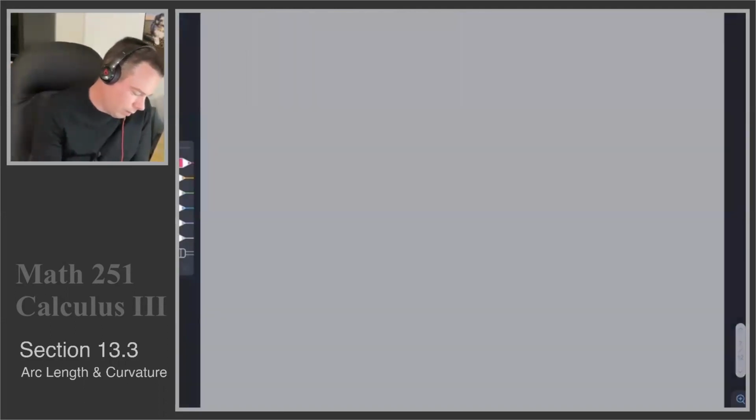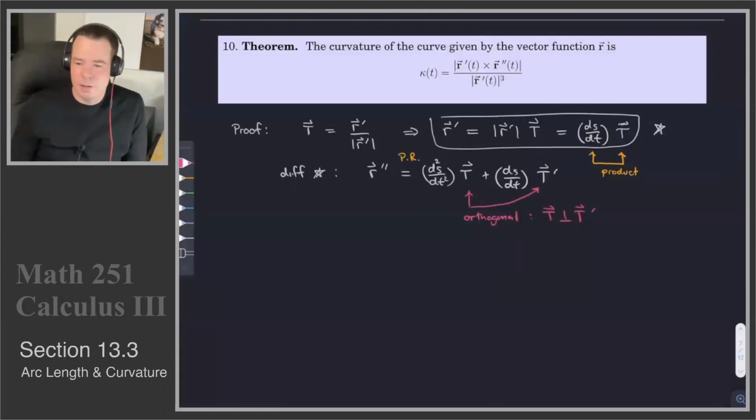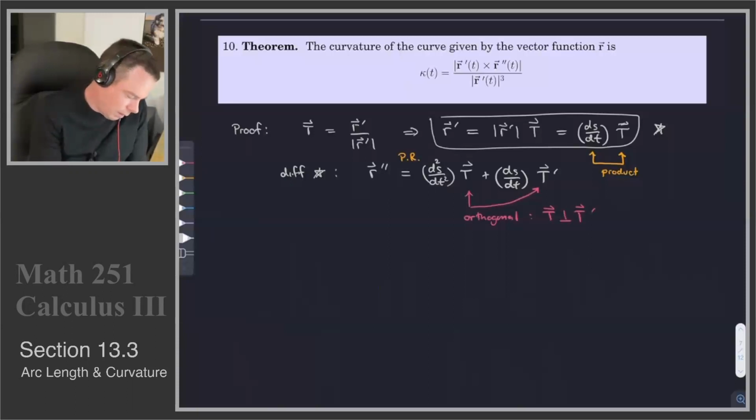So that's perfect, because that's what I have here. T has constant length, it's length 1. So its derivative has to be orthogonal to itself. So I've just decomposed r double prime into two directions that are perpendicular to each other, T and T prime. And now what I'd like to do is take that expression for r prime and r double prime, and we will cross,